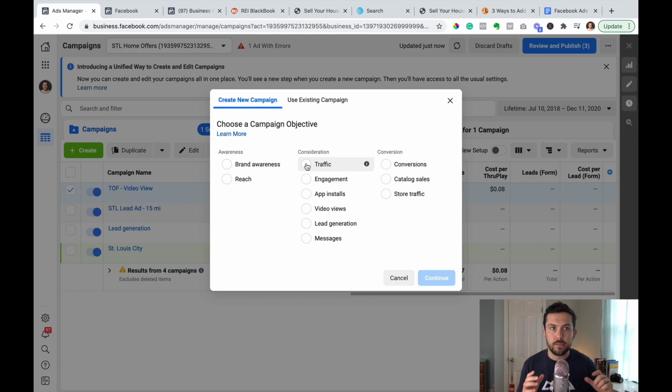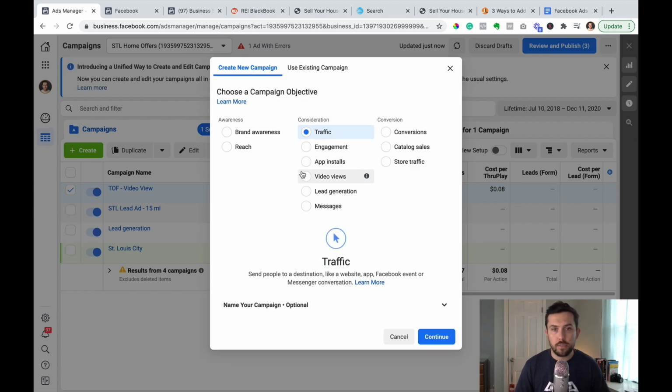Over 7, 10, 14 days, Facebook's going to put this ad in front of your selected audience. People are going to start clicking on the ad, and then Facebook's algorithm is going to go find more people like those people that clicked the ad to serve that ad to. So you're telling Facebook that you want to optimize for traffic. In this example, it would be link clicks.